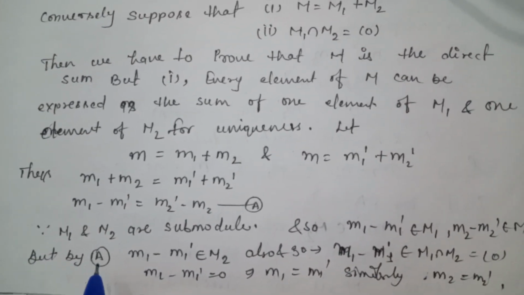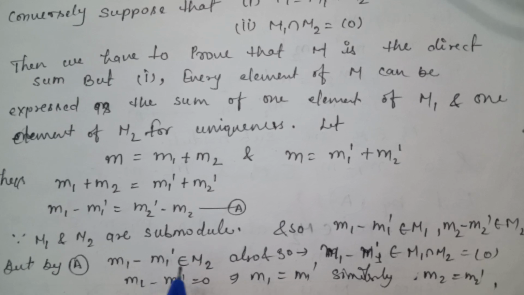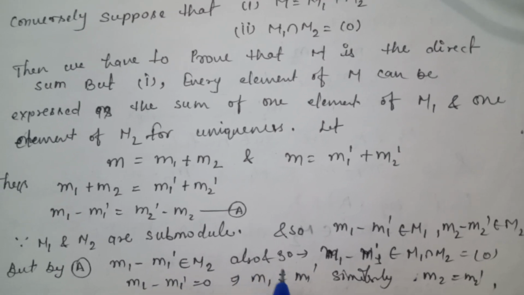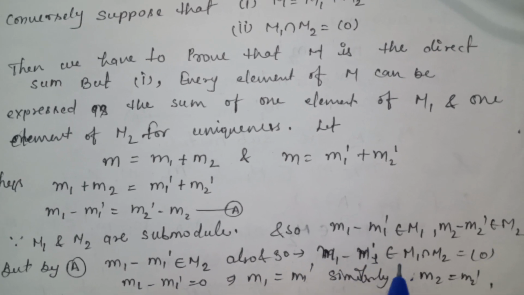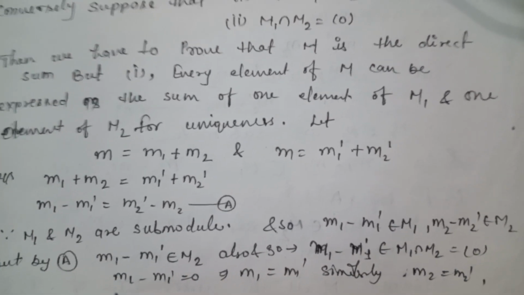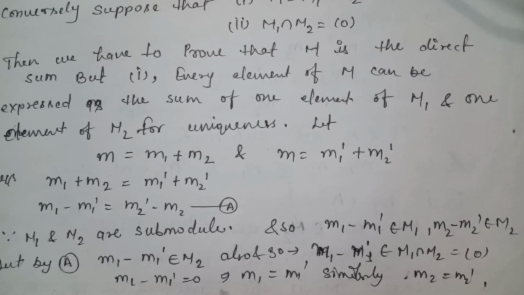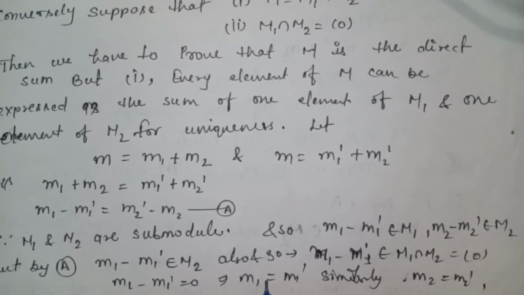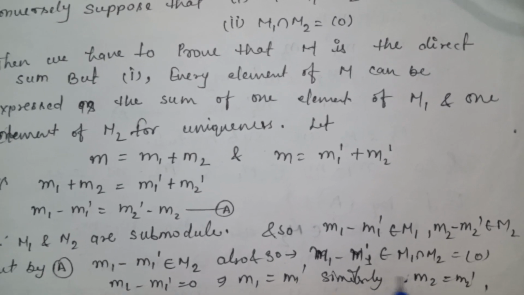But by equation number A, m1 minus m1 dash belongs to M2 also, and so m1 minus m1 dash belongs to M1 intersection M2, which is equal to 0. And m1 minus m1 dash is equal to 0, which implies that m1 is equal to m1 dash. Similarly, m2 is equal to